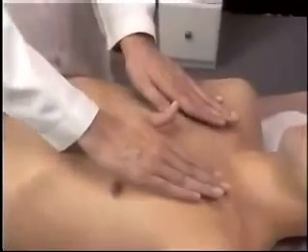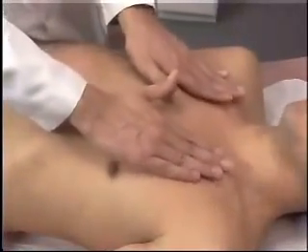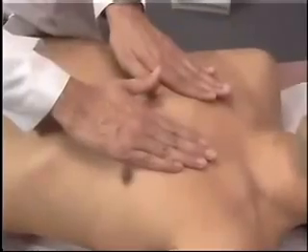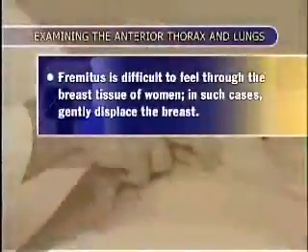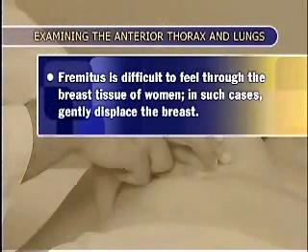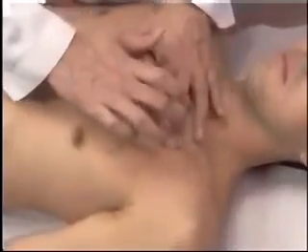Next, palpate for tactile fremitus. Say 99. As the patient repeats 99, compare symmetrical areas. Using the edge of the hand to detect vibrations is also common. Because fremitus is difficult to feel through the breast tissue of women, in those cases, you may need to gently displace the breast. Next, percuss the anterior thorax in symmetrical areas, proceeding from the supraclavicular area down to the sixth